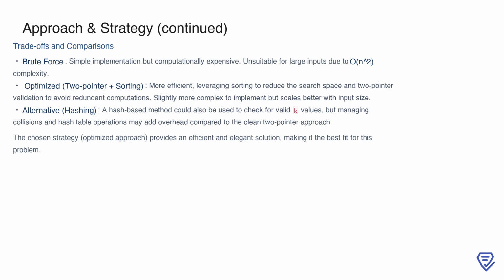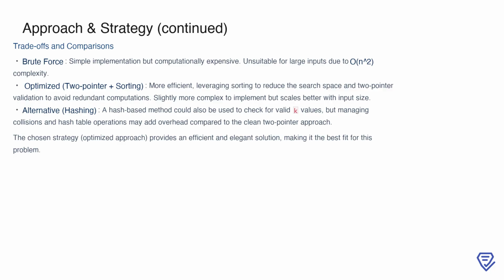even for larger arrays. An alternative approach could involve using hashing to validate potential values of k. While this might seem promising, managing hash table operations and handling collisions introduces additional overhead, which can make the implementation more complex than the two-pointer method. Ultimately, the optimized approach stands out as the best fit for this problem. Its balance of efficiency, simplicity, and clear logic makes it the ideal choice to recover the original array efficiently and